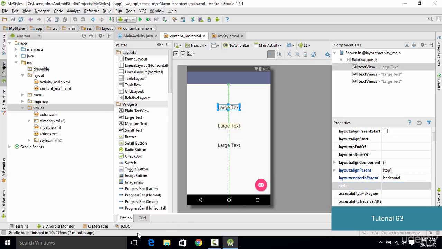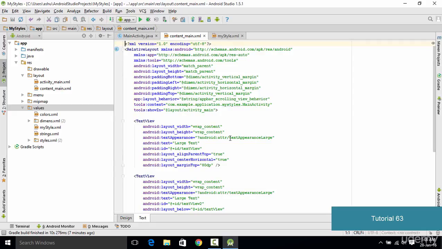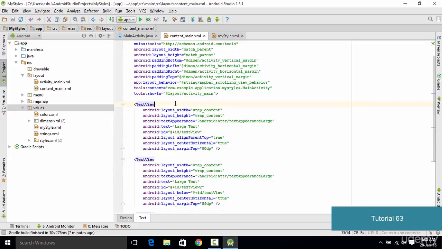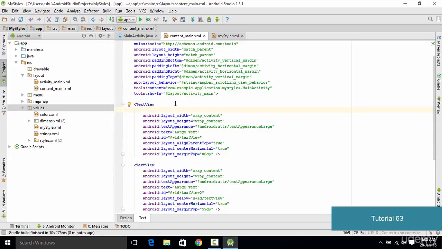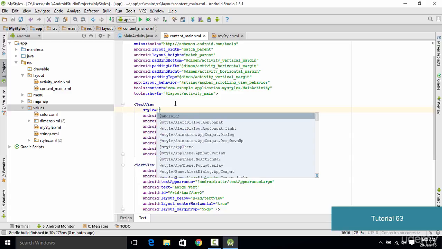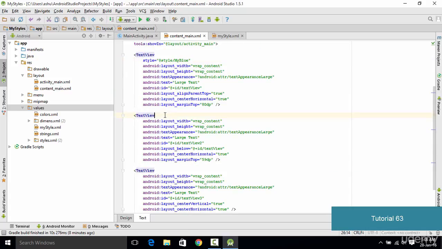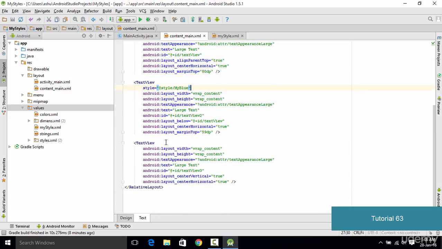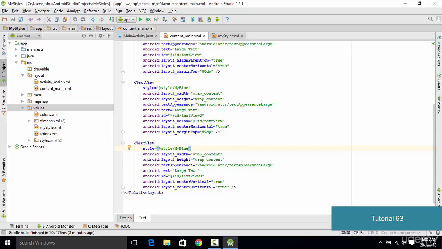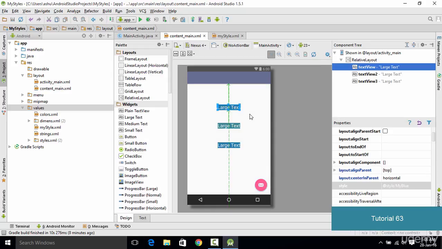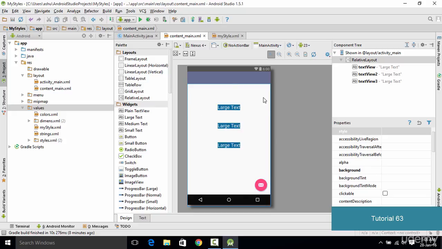But one more way of applying style is you could go into this text right here and go inside the first text view. You could go into this text view right here and type style, and inside it you just need to mention the style. So we type @style/myblue. We do the same with each and every text view. So we copy it, go inside here, as well as the third one. Now if we switch to design view, as you could see, the style has been applied to each and